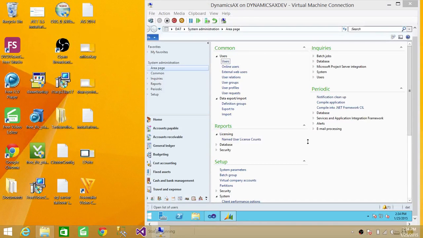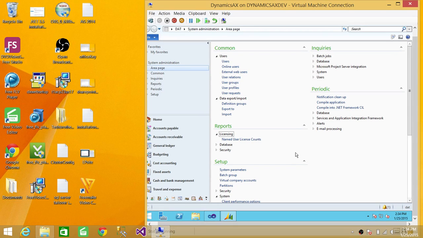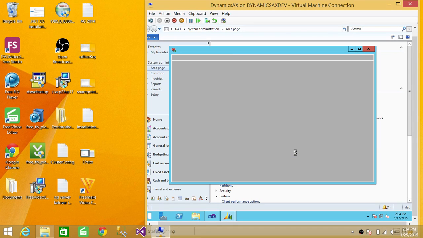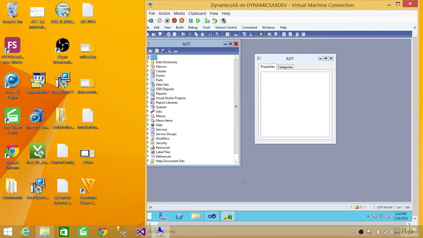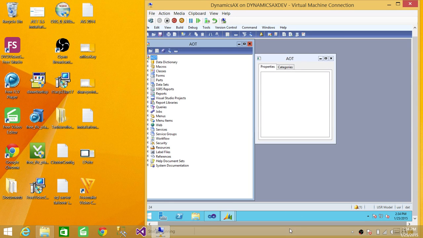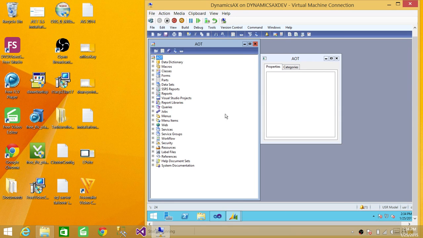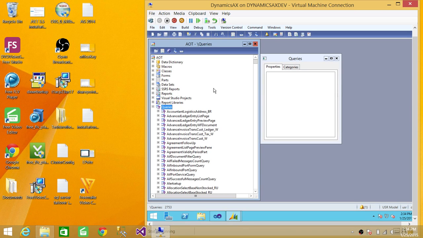Alright, here is our environment, Dynamics AX. We're going to do our first step, to create the query in AOT. From the Microsoft Dynamics AX client, in order to go to the AOT environment, you can press Control D. So up here is our AOT environment. Our first step is to create a data source, which means that we're going to click on Queries. If you expand Queries, these are the built-in queries, but we're going to create our own new query. So right click, new query,